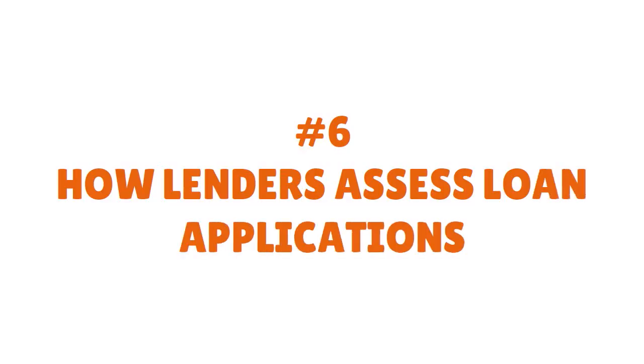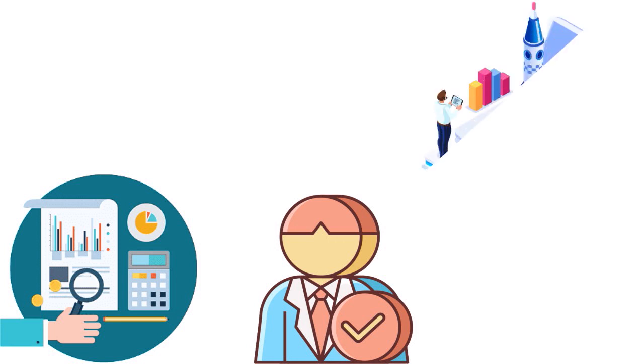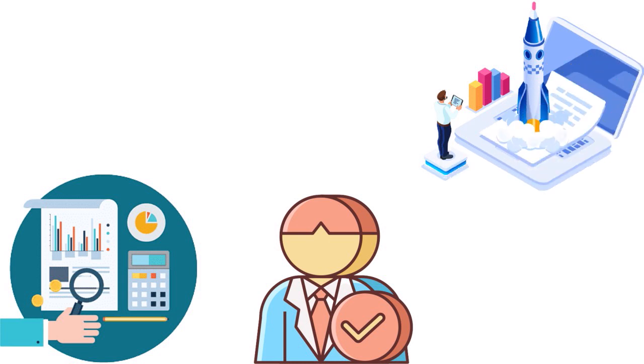Now let's talk about how lenders assess loan applications, because lenders have a very specific way in which they evaluate startup business loan applications using EIN only. Generally speaking, a lender looks at your business financials, which I spoke about, and business credit to decide whether you qualify for a business loan. So two things: business financials and business credit. It's really important to know that if you are a startup looking for a business loan using EIN only,